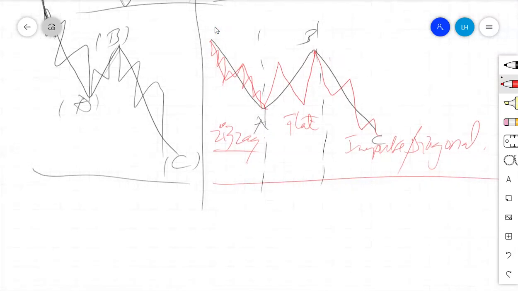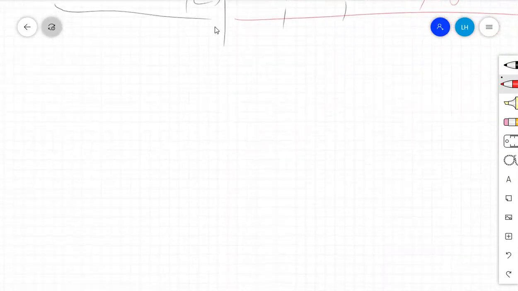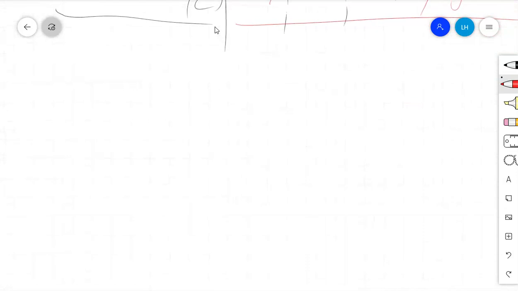The whole structure can be a zigzag now. What we see here, the whole structure is like a zigzag or a threes. Actually, I'm naming this as a zigzag, but it will be incorrect if I take it as a zigzag. So let's consider the whole structure as a threes. This threes has alternative structures in the first wave, which alternate with the second wave, then alternate with the third wave.